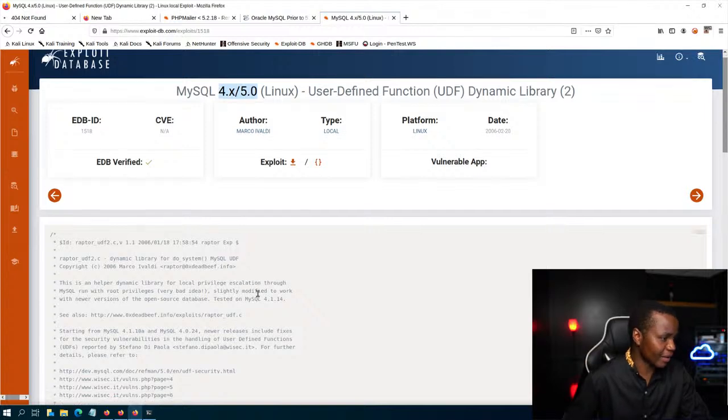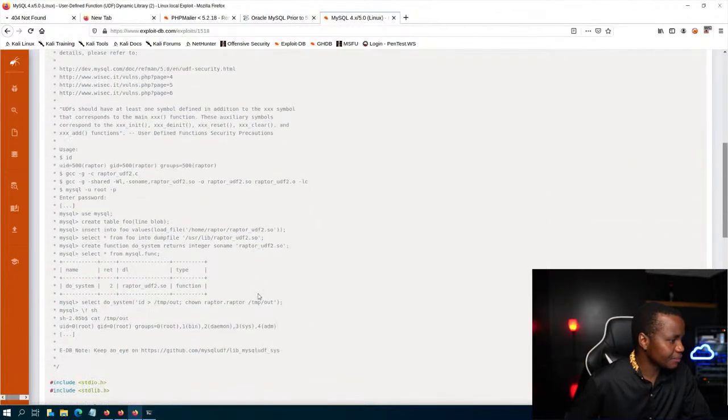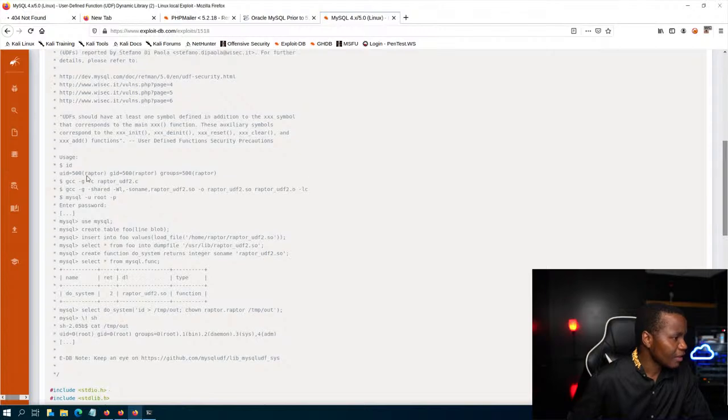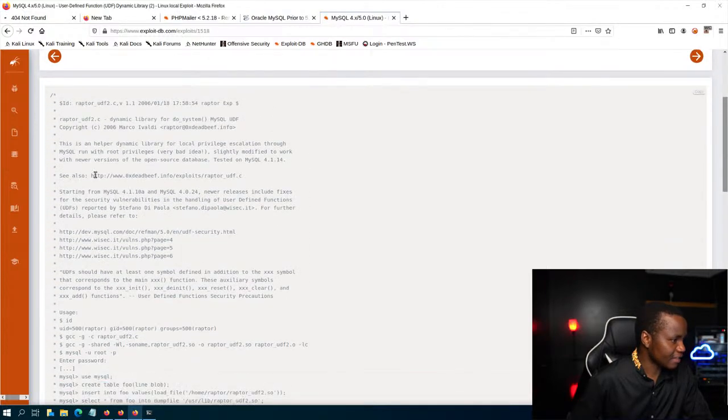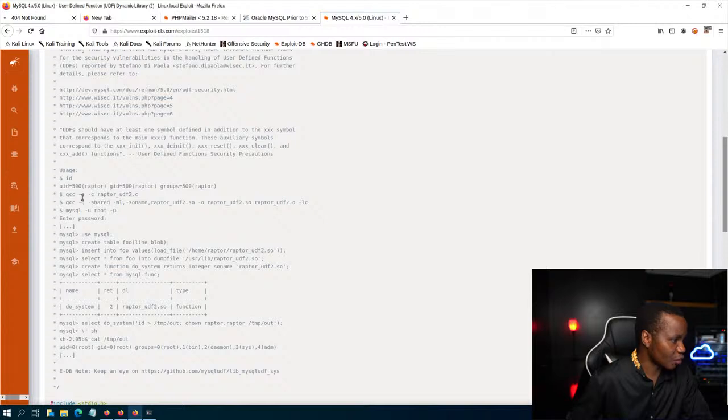because our version is 5 point something, and it's here. It looks like we can just download this exploit, and we've got the commands to actually compile it. We use GCC with -Wl. This raptor is the name of the compiled part. Then once we compile it, we need to sign into MySQL, and then use the MySQL database, create a